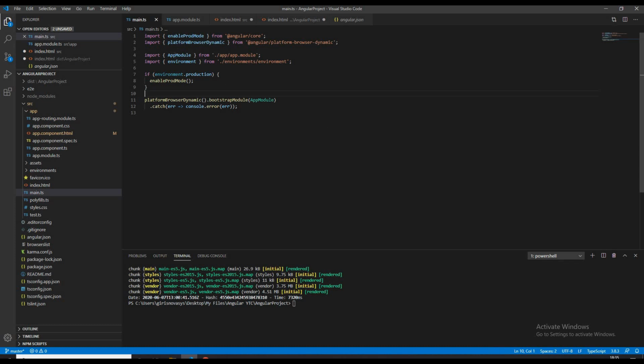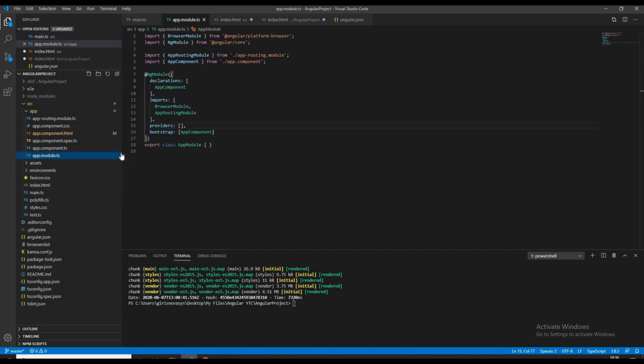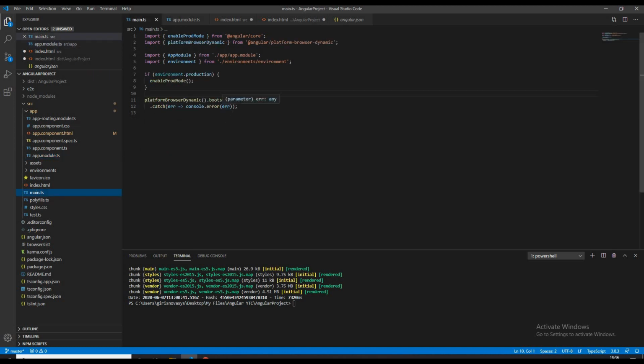We imported AppModule, which is the root module of our application. Every application in Angular must have one module. So Angular by default creates one for us, and it's AppModule. Here AppModule is bootstrapped using the bootstrapModule method. What does this method do? It takes a module as a parameter and makes this module load first when the application starts. So our AppModule is loaded by bootstrapping in the main.ts file.